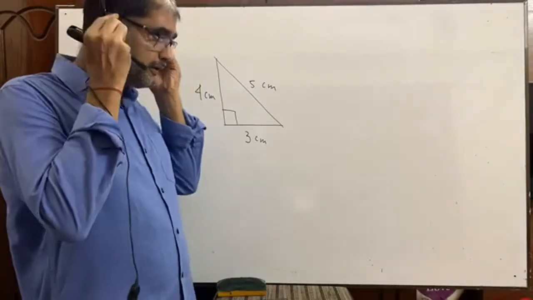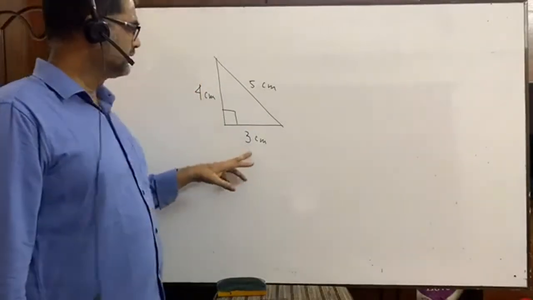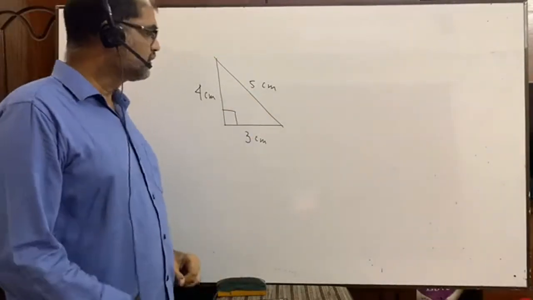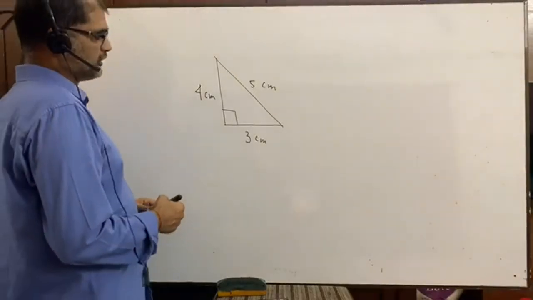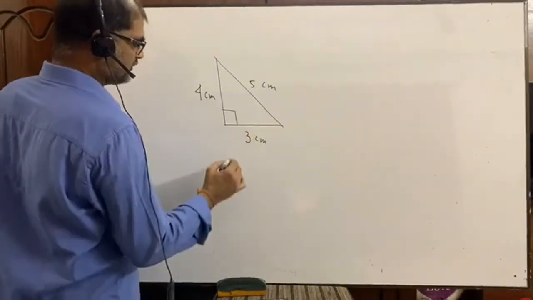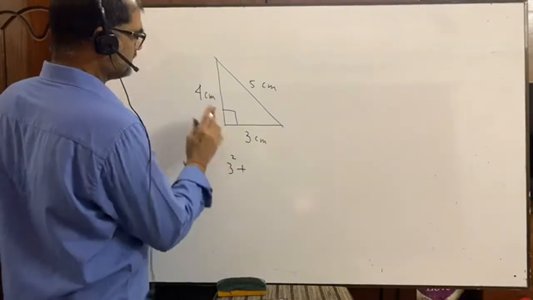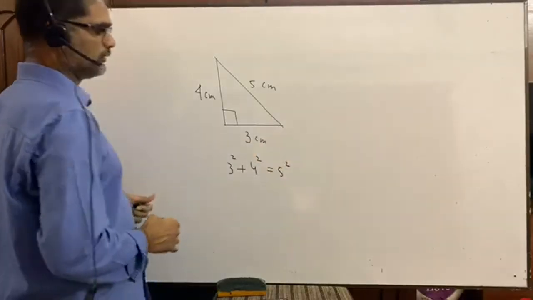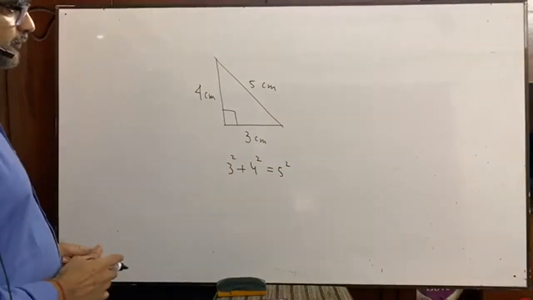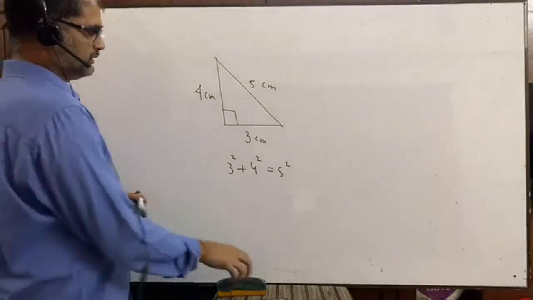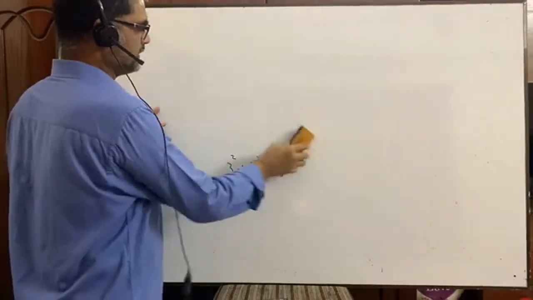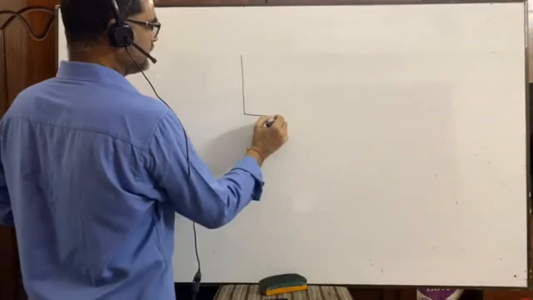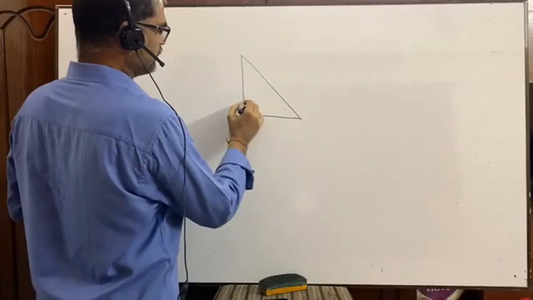Okay, I'm sorry. Suppose this is 3 centimeter, this is 4 centimeter, then it is equal to what? 5 centimeter. This is called the application of the Pythagoras theorem. That means this 3 square plus this 4 square will be equal to 5 square. This is the basic thing. Actually, what comes here, please pay attention. Suppose this is a right angle triangle, you see.